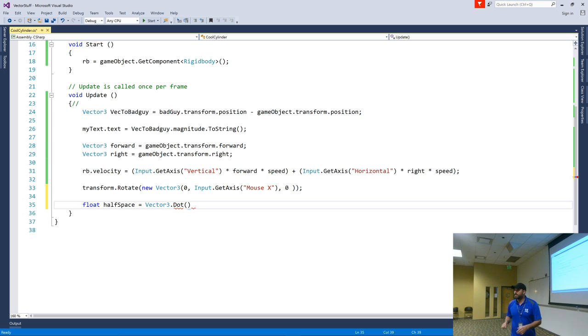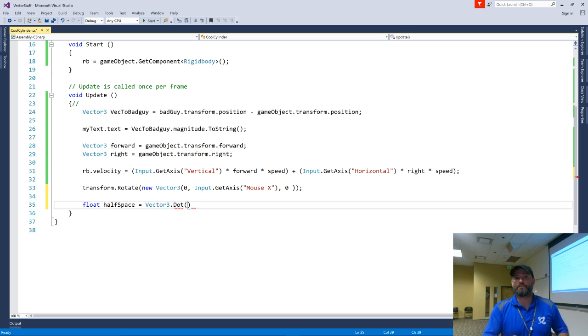And I know that this is crazy math magic, but you don't need to know the math behind it. You don't really need to know that unit circle math for it. You just need to know how to use it to solve a problem. If I want to know if my forward direction or any direction I have is in the same direction or in an opposite direction of something else, you can use the dot product. That's really all you got to know. Just when to use this tool.